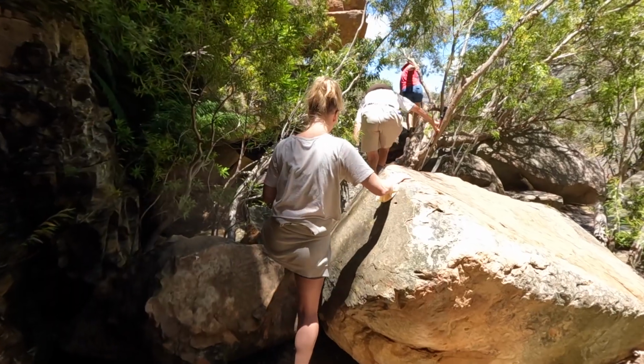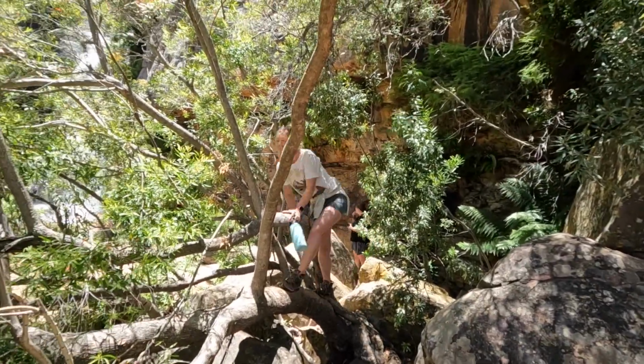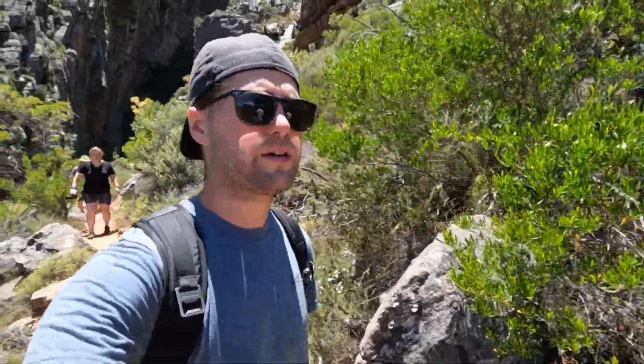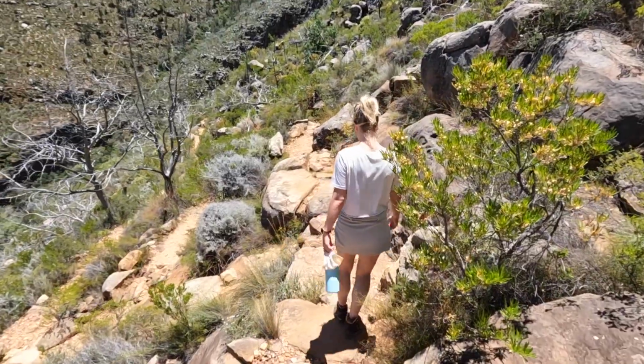To get to the waterfall, you have to scramble over some rocks and stuff. So this is the kind of tree rock path that we had to get through to get out. And so this starts our descent back down all the switchbacks, and we're actually going to take a slightly different trail once we get to the quote-unquote foothills. We're going to cross over the creek and walk down the other side,